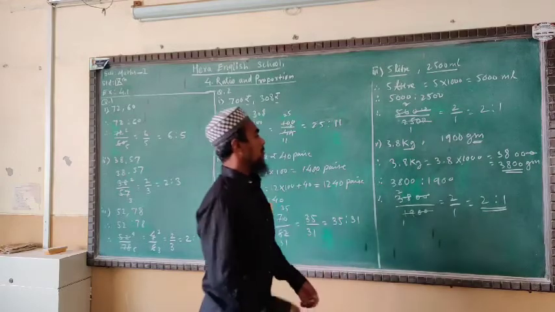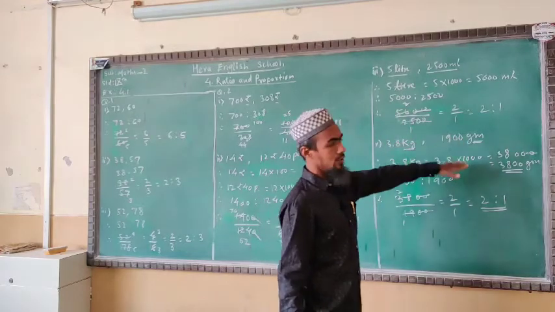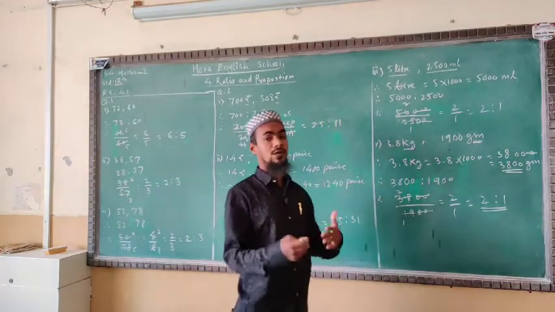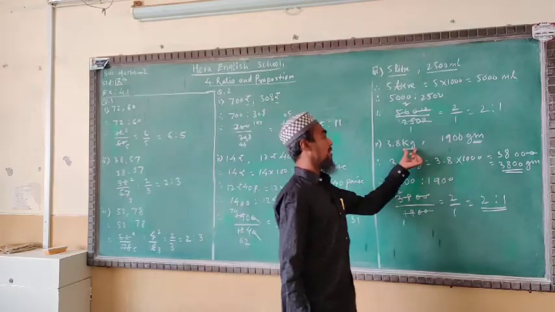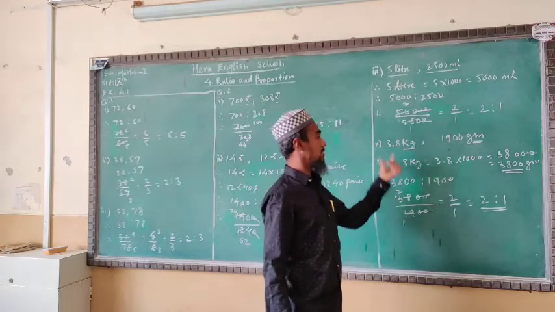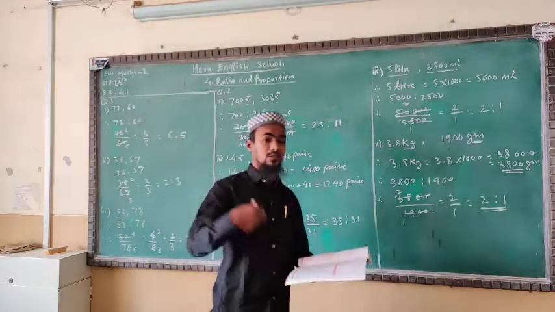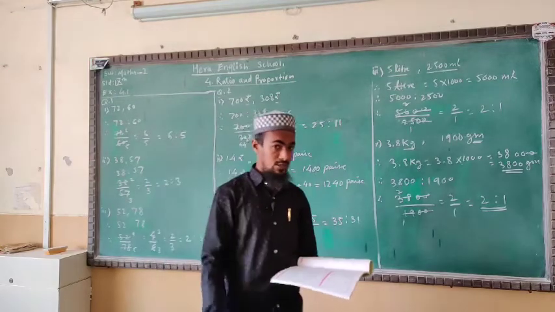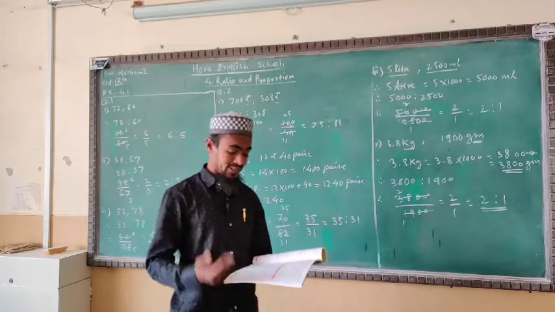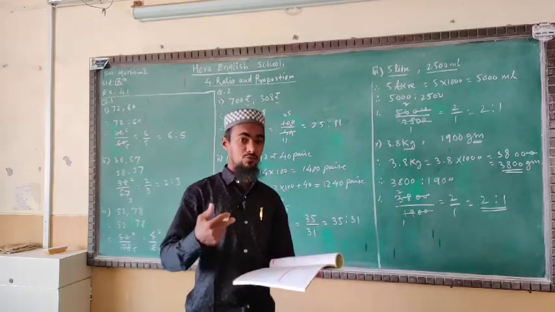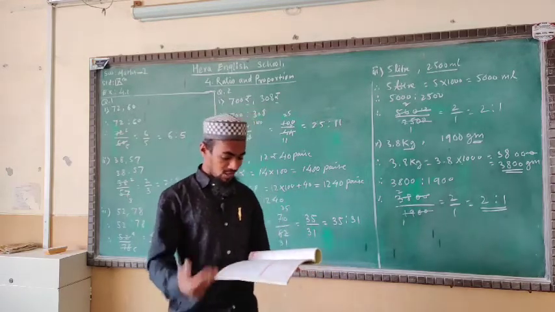Students, you be careful while converting the higher unit into the lower unit. Always convert the higher unit into the lower unit, whatever you are given, and you must know the formula and situation and what rule to apply, because if you don't know how many grams in a kg, you cannot convert into grams. See here in the fourth one, years is given. In a year 12 months are there, so according to that you have to convert. And minutes, in 1 hour there are 60 minutes. That is easy if you know how many minutes are there in an hour, so you can convert by using that system.